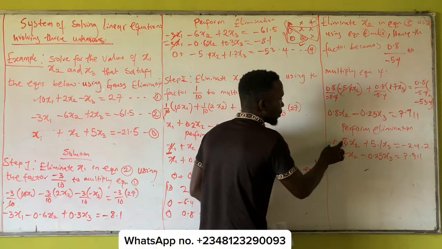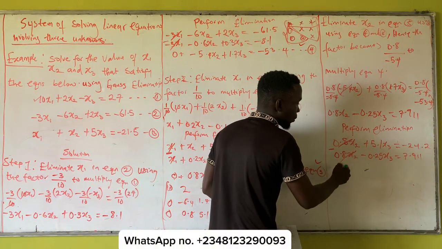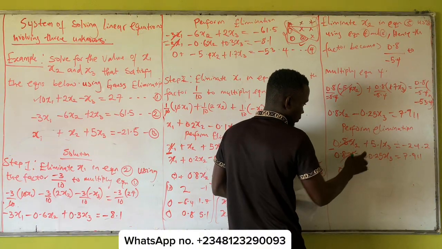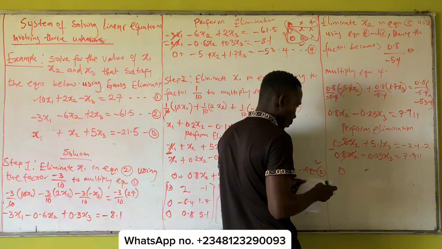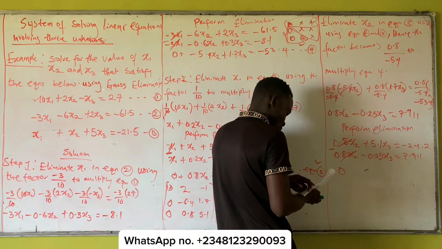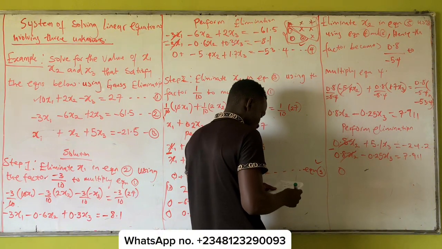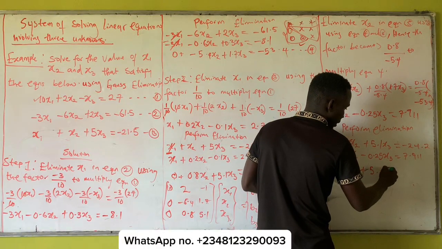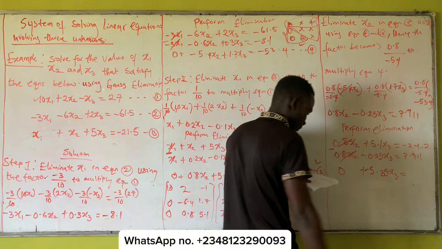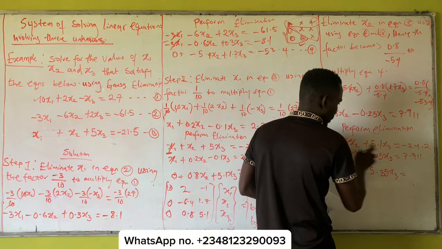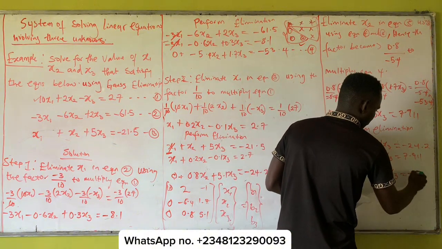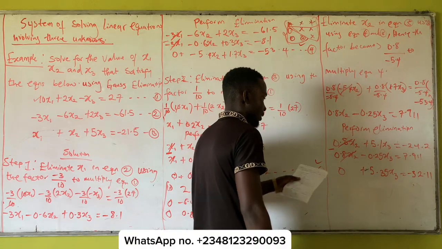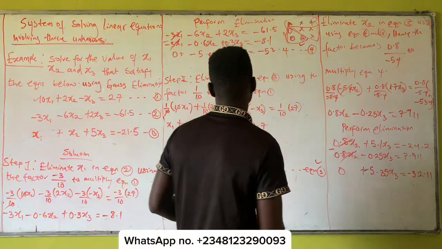Now, if we subtract 0.8 s2 minus 0.8 s2, this will give us 0. And this minus will give us plus 5.1 plus 0.25, which is going to give us plus 5.35 x3 equal to minus this minus 7.91, we're going to have minus 32.11. Now, if we form our matrix again, it now becomes,